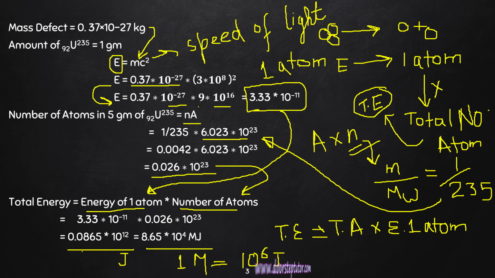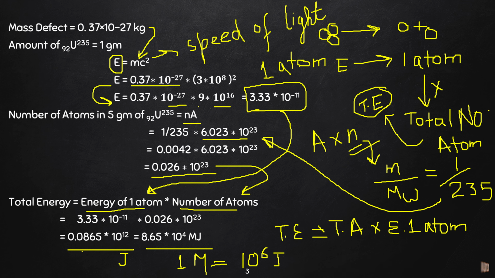So in the given question, the mass defect is 0.37 into 10 power minus 27 kg, and the amount of uranium 235 is 1 gram. So we'll basically calculate the energy of one atom, that is E equals to mc square, and in the given question the mass defect is 0.37. We'll use this as a mass. So energy is equal to 0.37 into 10 power minus 27, here the mass defect, and c square,